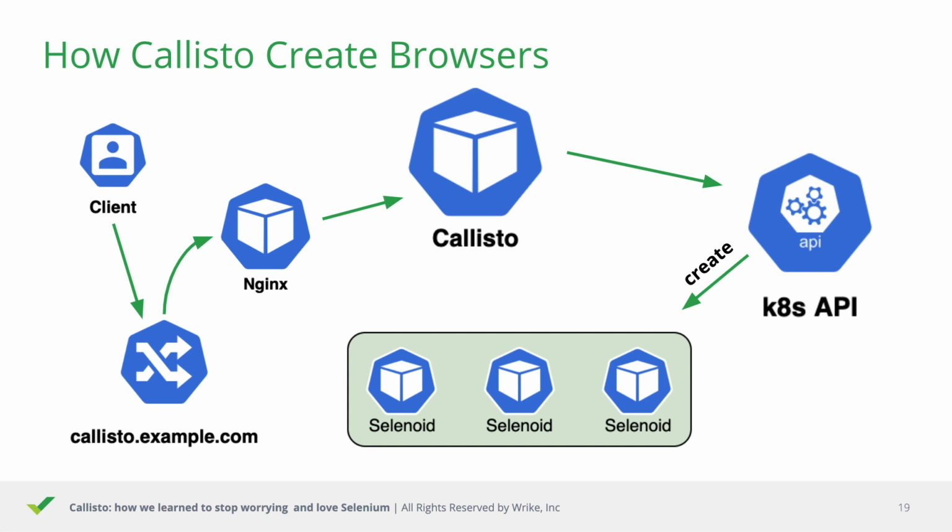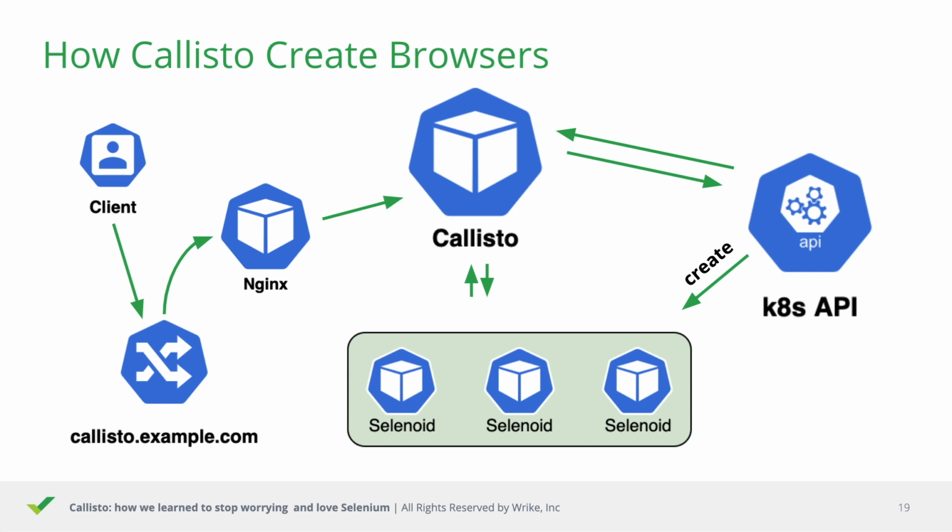We have a running WebDriver instance inside this container. So after the readiness of the pod, Callisto can interact with the WebDriver inside this pod, and Callisto forwards the request to create a browser to WebDriver,